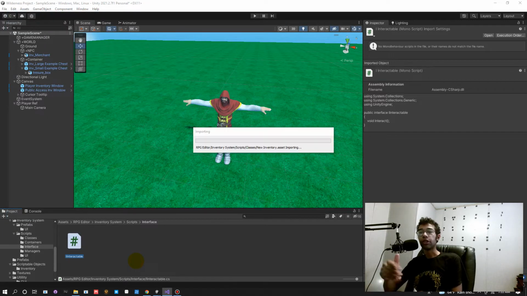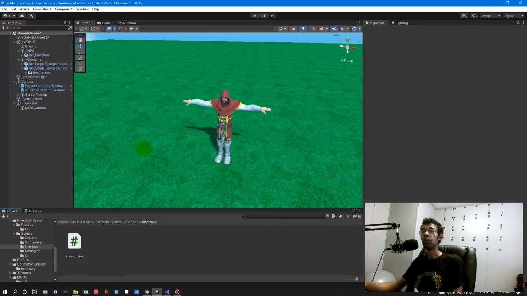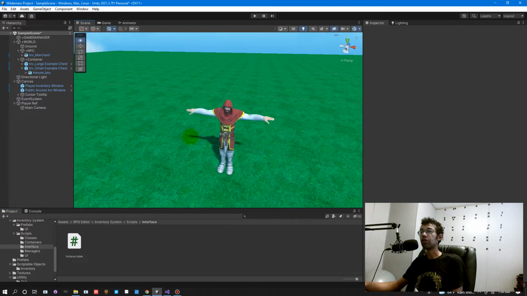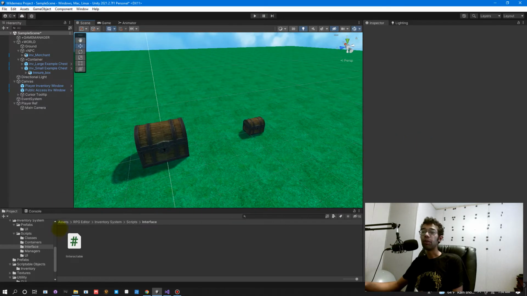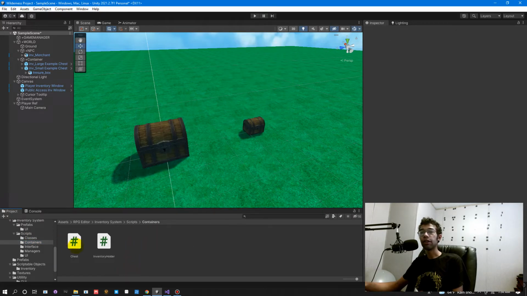Return back to Unity, and what we want to do is go over to our containers folder. Now, the containers folder, if you recall, only holds the inventory holder script. And what we want to do is create a specific container for like a chest, or a specific container for like merchants or whatever, right? We want to be able to create that script inside of our container folder. So simply right click inside here, go over to create, C# script,